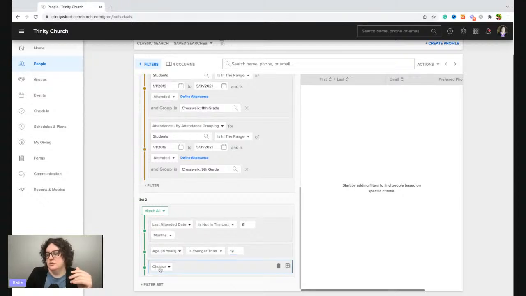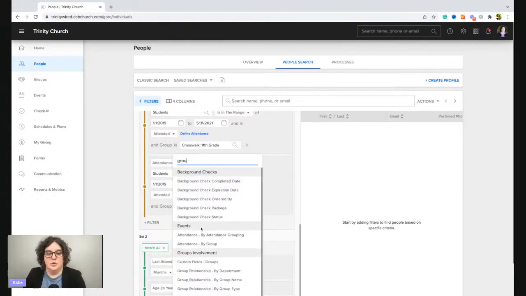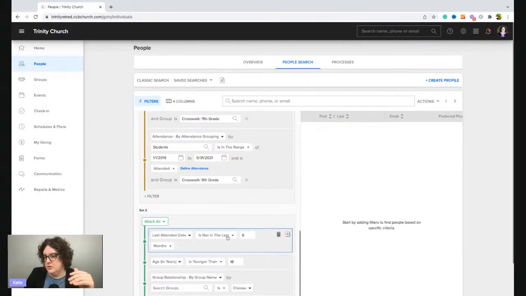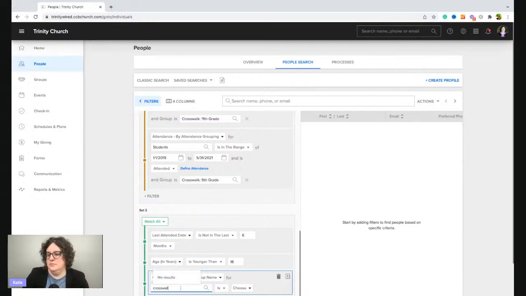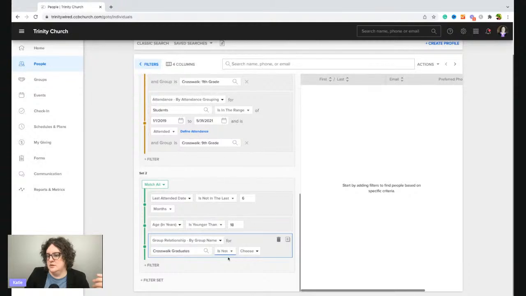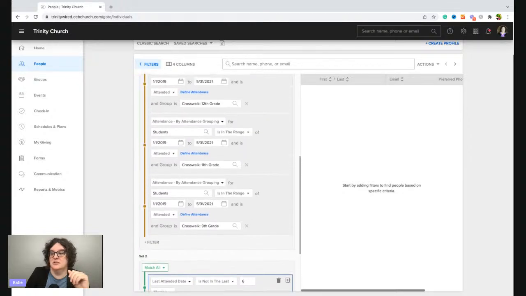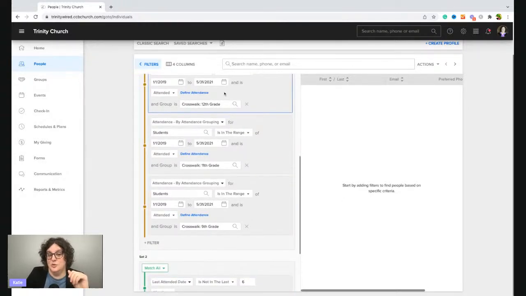Or you could also do, and this is totally dependent on how your groups are set up, but we have a group called our graduates group. So I want the people who are not members of the graduate group and who are younger than 18, who have not attended in the last 6 months, but they did attend in 2019 to 2021.